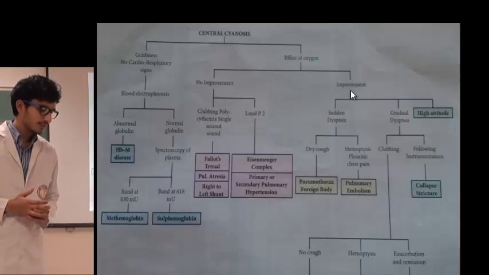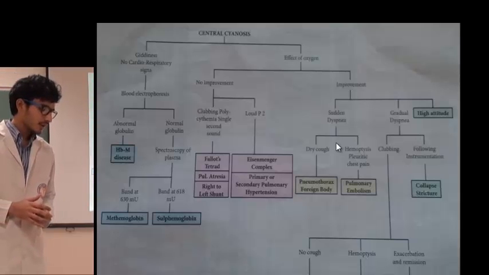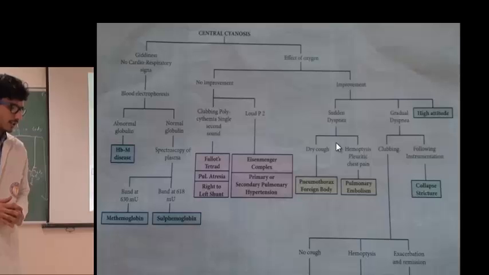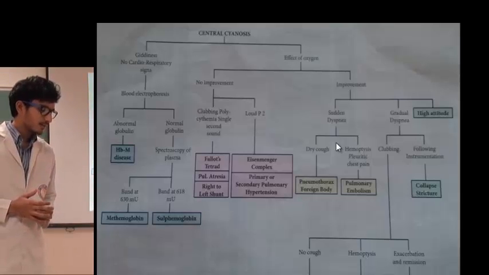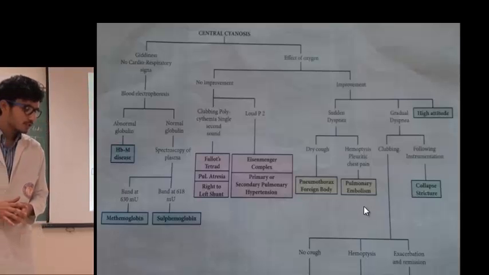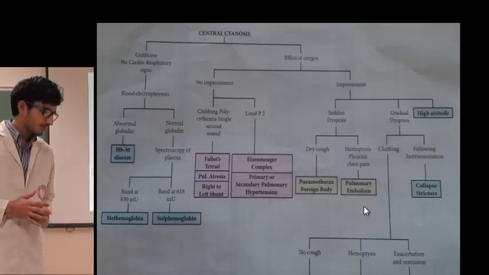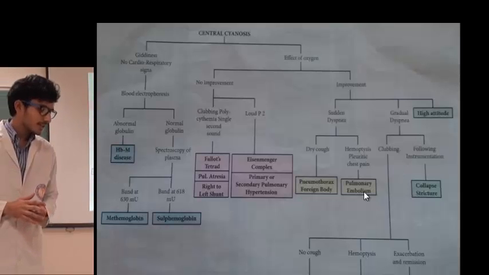If there is improvement on providing oxygen to the patient, it might be that the patient was dyspneic, and the patient developed sudden dyspnea, as we can find in the history. If the sudden dyspnea is accompanied by dry cough, then it can be due to pneumothorax or the presence of a foreign body in the lungs. Similarly, sudden dyspnea can also present with hemoptysis and related chest pain,